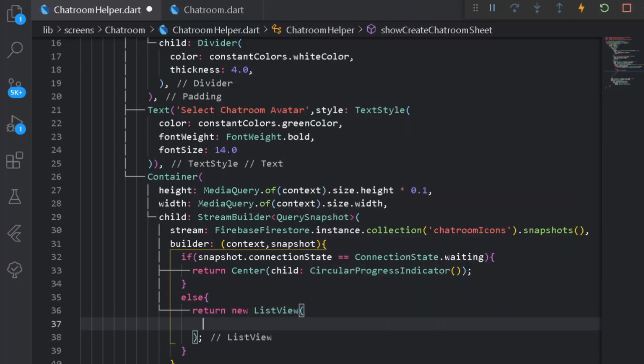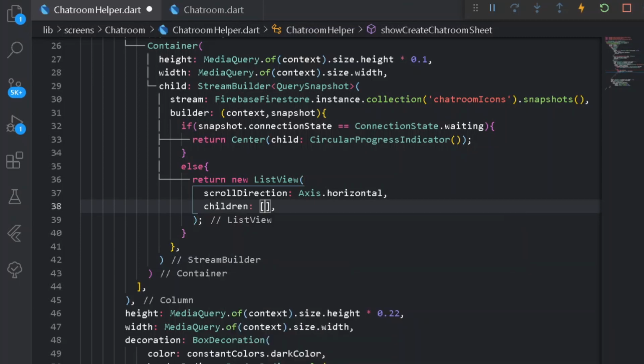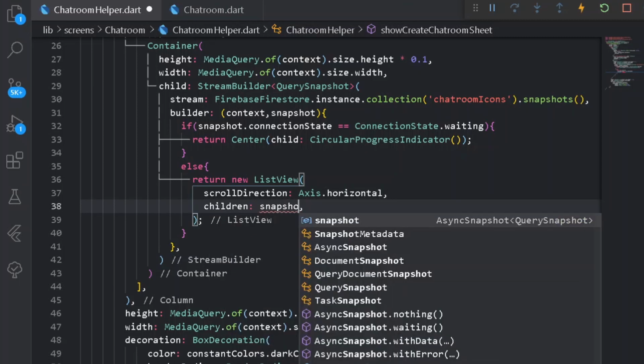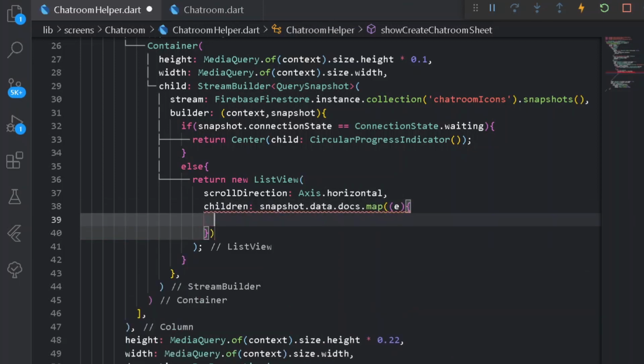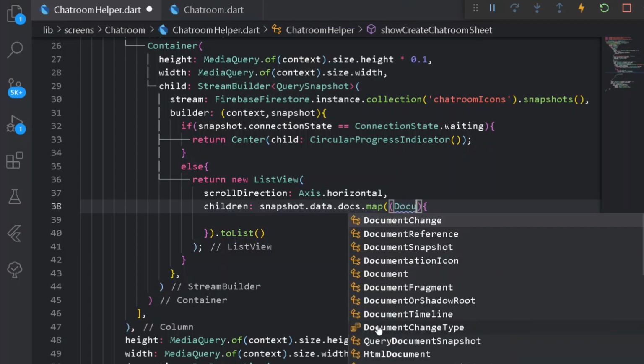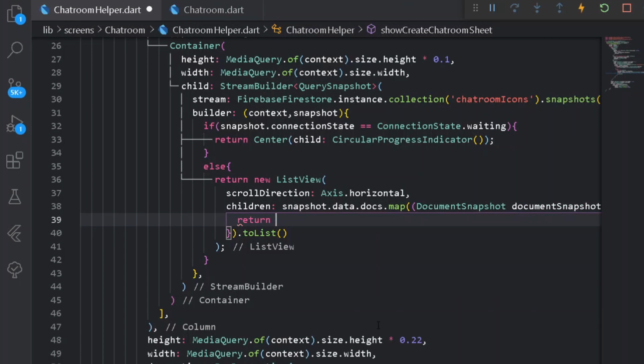Under the following ListView, first of all let's have a scrollDirection of Axis.horizontal, and after that let's have all the children from snapshot.data.docs, mapping each DocumentSnapshot. So here first of all let's have a documentSnapshot, and here let's return a Container.